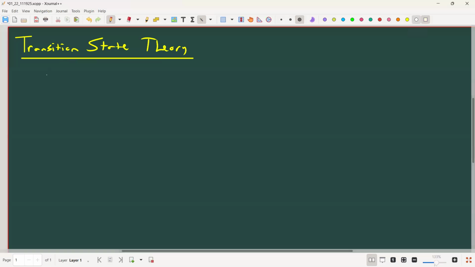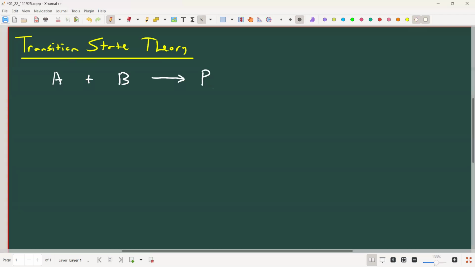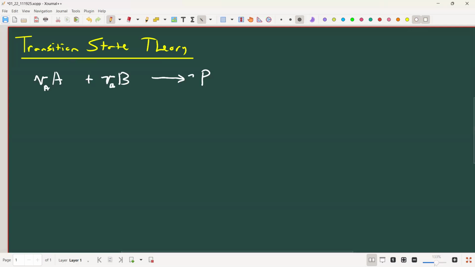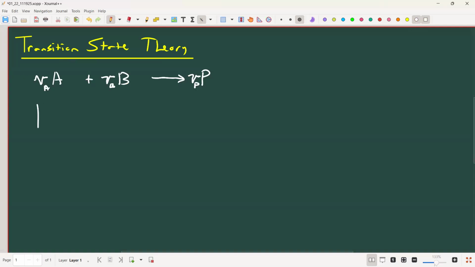We can define, if we have some reaction that takes some number of reactants, we'll just assume 2, to form some set of products. We'll just say it forms one product. It doesn't matter. And we're going to assume that these things have some stoichiometry, so they're each multiplied by some stoichiometric coefficient nu. And we can draw this, we're thinking about this as a reaction along a coordinate,